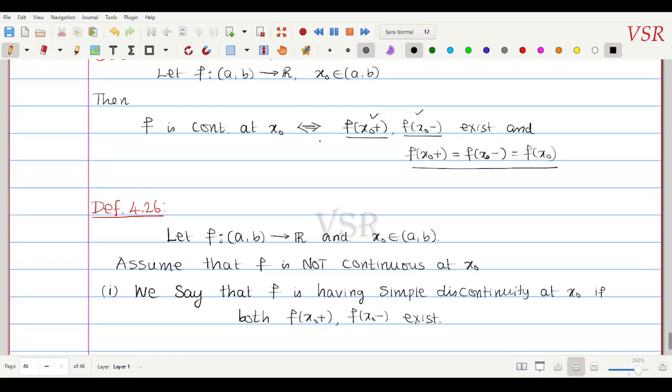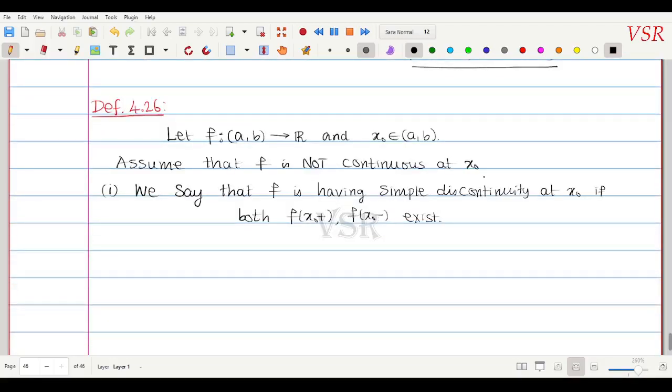கரெக்ட்டா? அப்ப f is continuous னா முதல்ல இதுக்கு பேர் simple discontinuity or discontinuous at first kind அல்லது discontinuity of first kind. Okay, these both are simple discontinuity நாலும் ஒண்ணுதான், discontinuity of first kind நாலும் ஒண்ணுதான். Okay, we say that f is having simple discontinuity at x naught if both exist. இது ரெண்டு எக்ஸிஸ்ட் ஆக இருக்கு. அப்ப எப்படி சார் discontinuity வரும் அப்படின்னா that the possible ways are